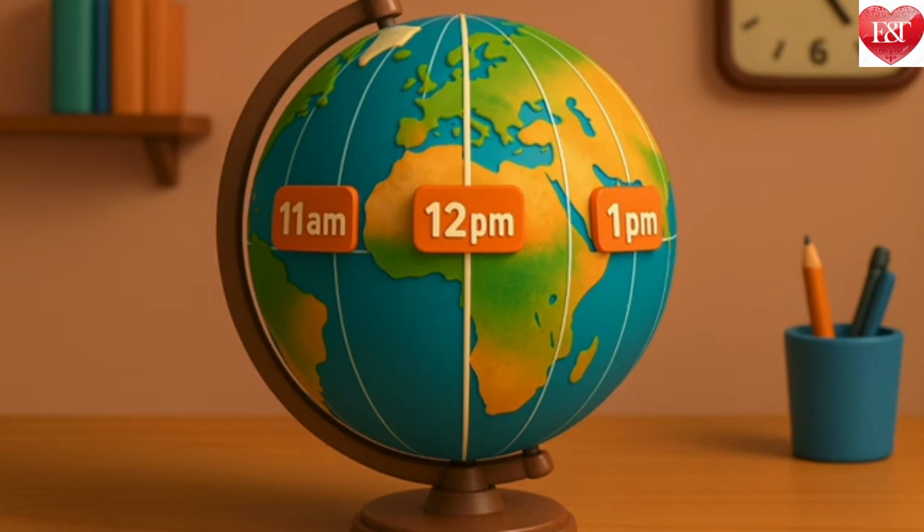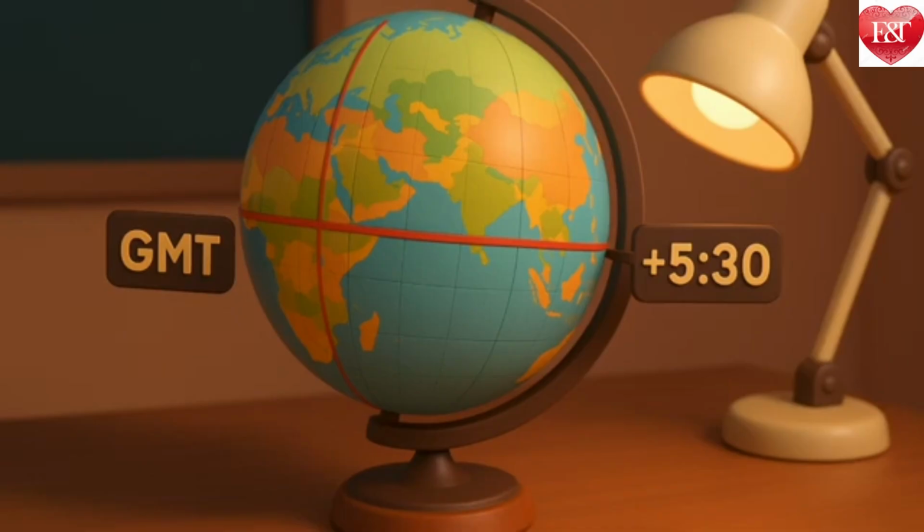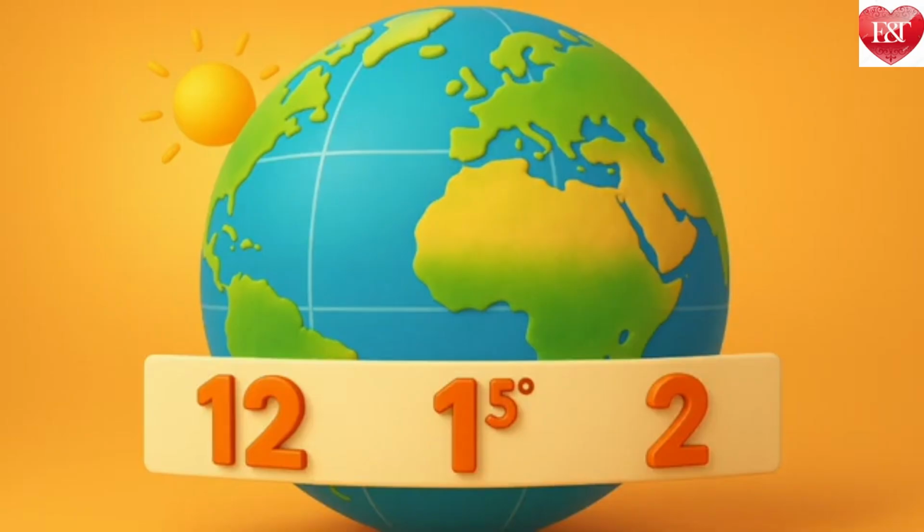But it would not be convenient for a country to use many local times. That is why most countries adopt a standard time based on a meridian passing through them. Indian Standard Time, IST, is 5 hours 30 minutes, also noted 5.5 hours, ahead of the local time at Greenwich, called Greenwich Mean Time or GMT. All these standard times are organized in time zones, which broadly follow the zones of 15 degrees in the graph.